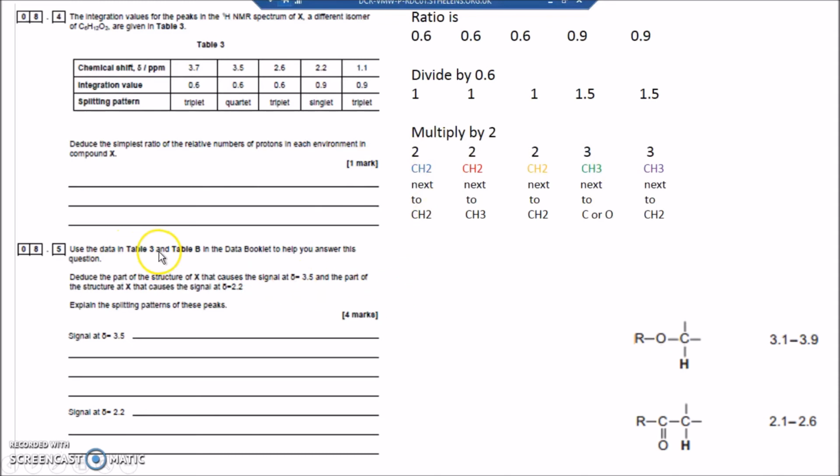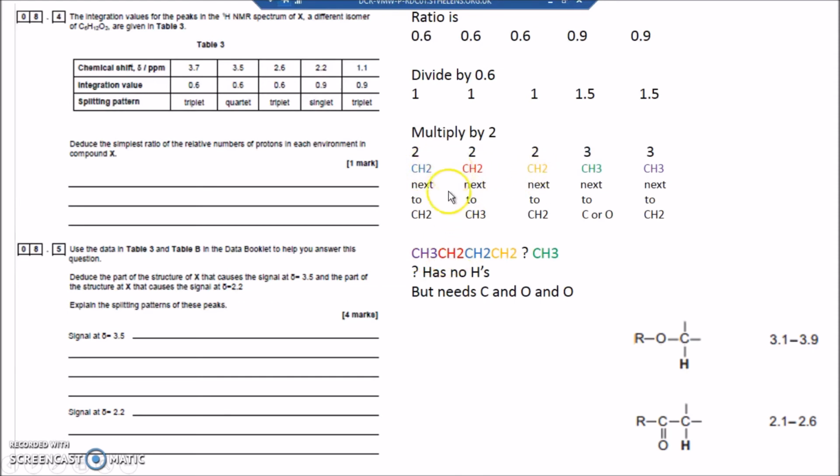Let's have a look. Use the data in the table in the data booklet to help you answer this question. Deduce the part of the structure that causes a shift of 3.5 and the part of the structure that causes a shift at 2.2. Well, before I go on to that, I'm just going to try and investigate what this might be first of all. Could it be that this purple CH3 is next to a CH2? So it could be one of these